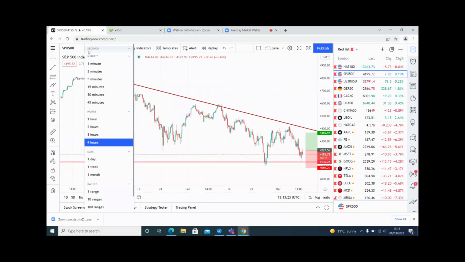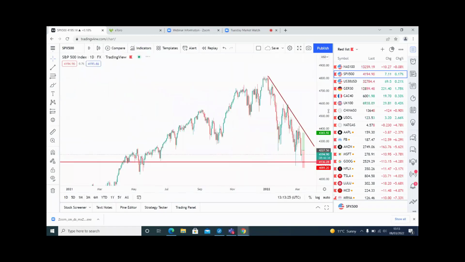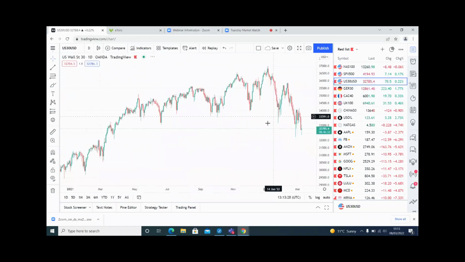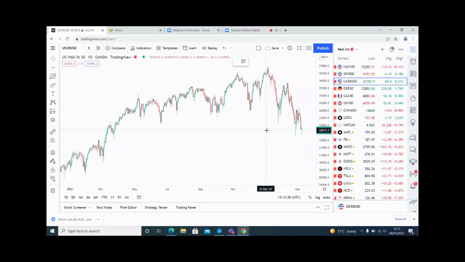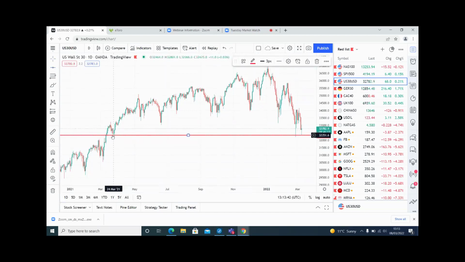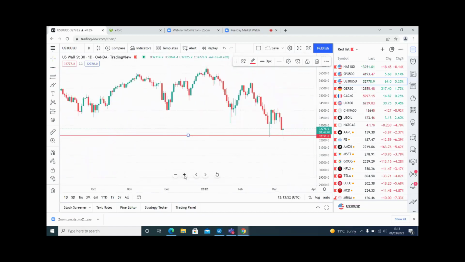And then if we go back to the daily chart, and the same on the Dow, so the Dow is there. So the S&P was the one that had the decent level. But again, we're back here, 1 touch, 2, 3. Literally identical to what we've looked at the other ones. The only difference on this one is that the trend line doesn't work on this one, where it works on the other two.